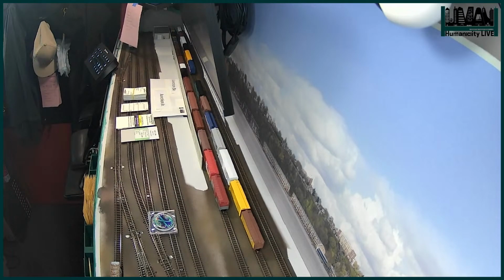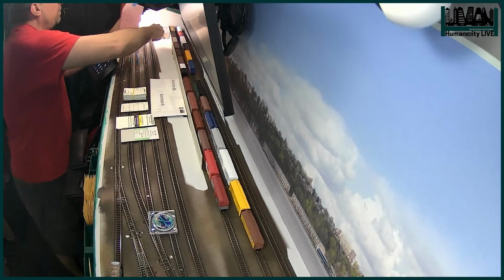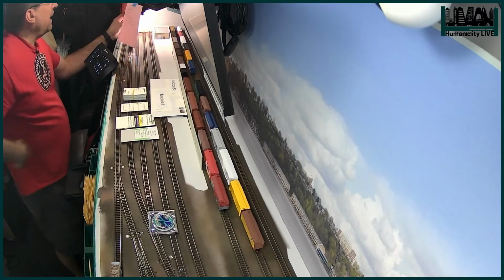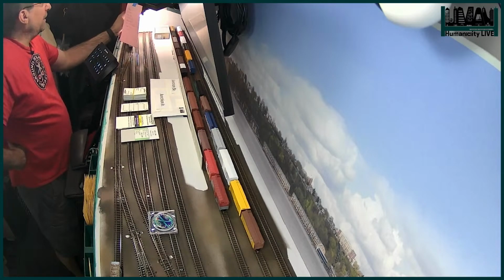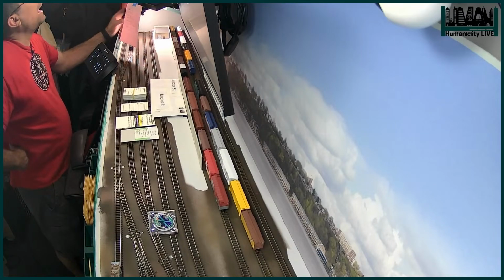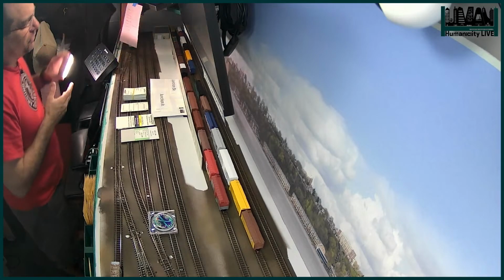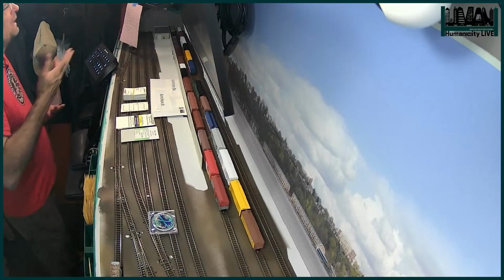Let's see if you can see it in the corner or not. It's hard to make out, but back here in the corner, this is a late night hobbies kit. And I'm using it as one of the work facilities, the industrial facilities at the end of this yard. It's holding up the retaining wall. So one day we will get that retaining wall painted, but in the meantime, it's just there and it's nice,